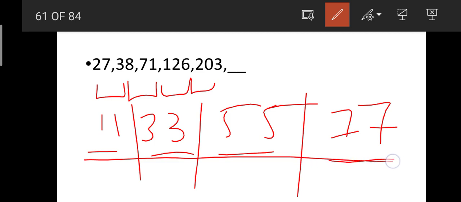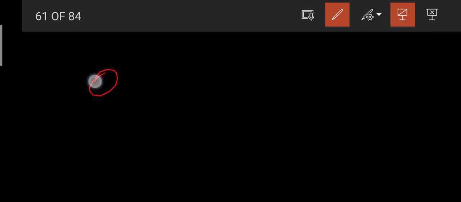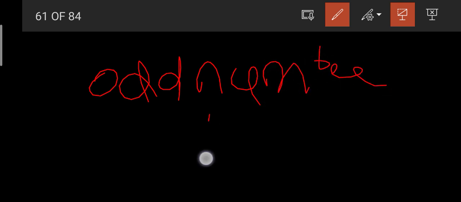If you observe here clearly, they are taking the multiples of 11 but not the continuous series, they are taking odd number multiplication. Okay, like 1, 3, 5, 7. Next we should go for 9 multiple, 9 into 11, nothing but we should take the difference between our answer and 203 as 99. If we add 99 to 203, then our answer should become 302. Okay friends, they are taking odd number multiplication of 11. Okay, I hope you have understood this clearly.